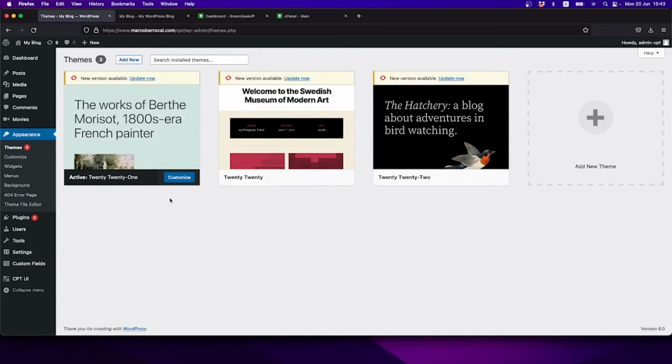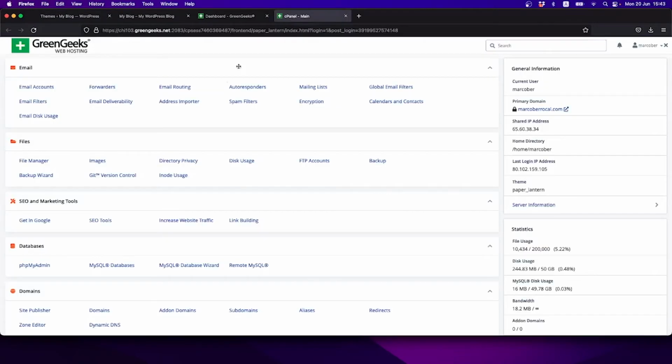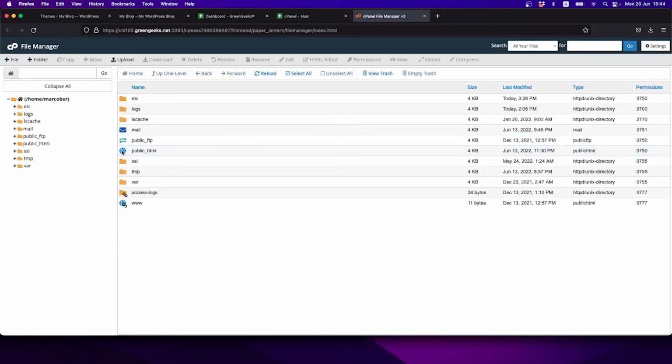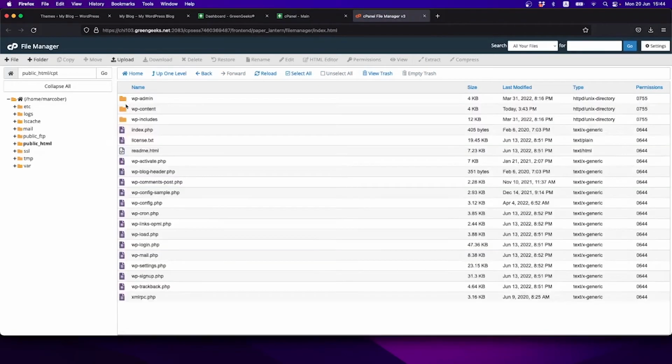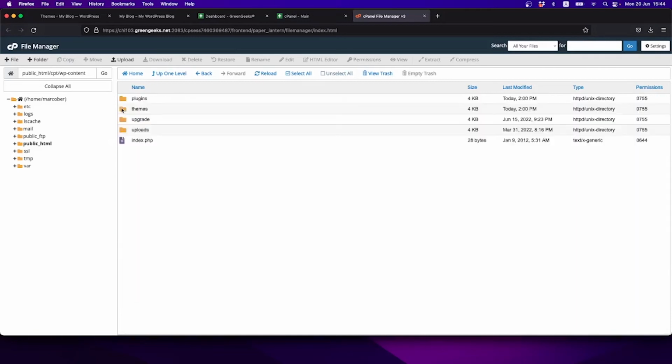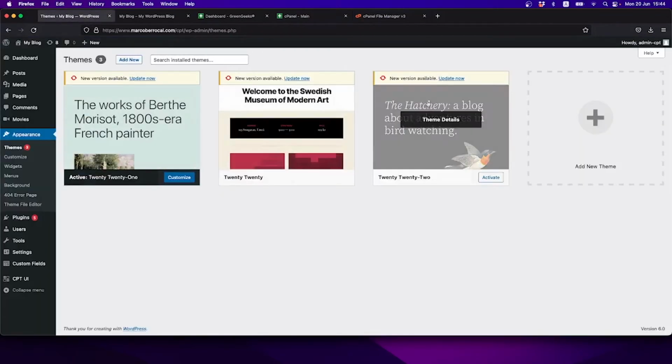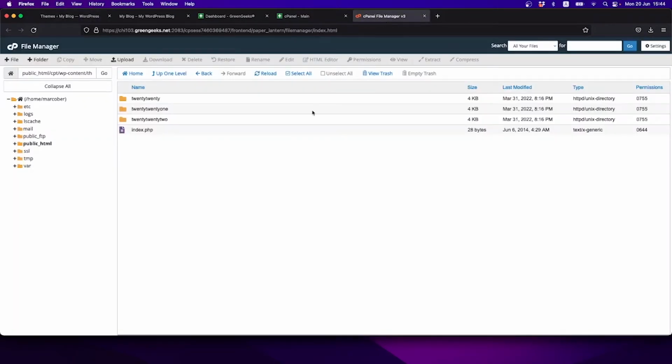Last but not least, why do these three options appear only and not more? Well, this again depends on your WordPress installation, but if you go to cPanel, for example, and we go to our file manager, we open that and you can go all the way to CPT over here. You go to WP content, you go to themes, and you will notice that these three folders match more or less these three themes. So in order to add a new theme, as you may have inferred, you need to